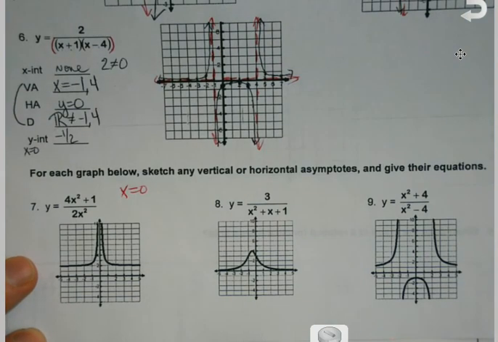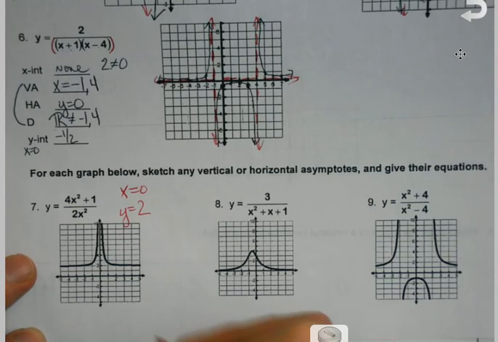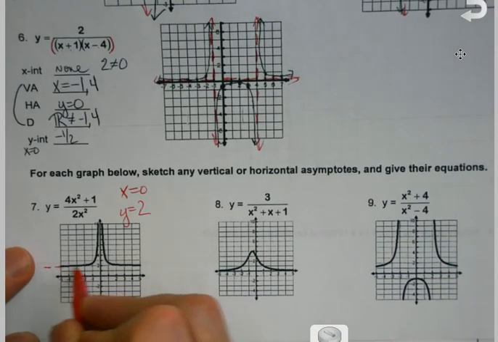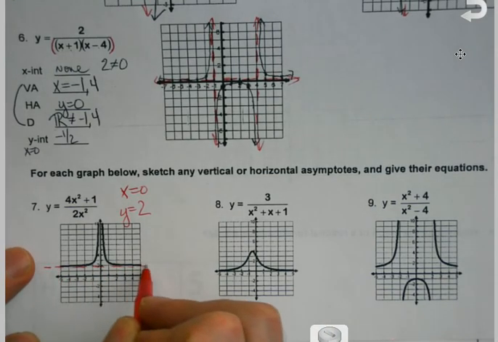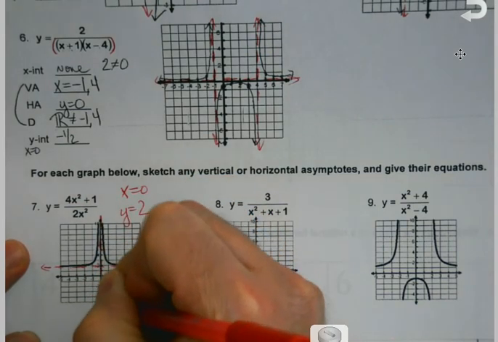Yes? Okay, and then y equals 2. Yes. Because I can either visually kind of look at it and see that,